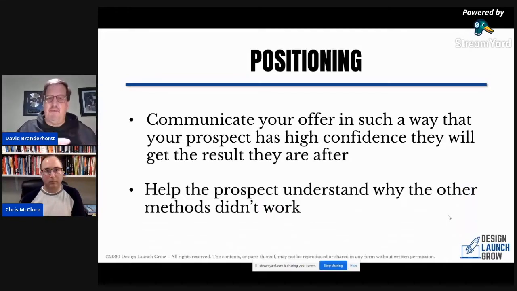And it also should help them understand, oh, that's why I didn't get an answer and I didn't get the solution that I was working on and hoping for with somebody else, because they didn't do this. They didn't include that. Or, they were so expensive, I could never afford to hire them. Those are all things that are going to make them go, oh, this is much more economical, or this is much more comprehensive. This is going to work where the other ones didn't. That's how you have to position your offer, that this is the one that I have thought through and I have positioned so deeply and so carefully that I know it will work,